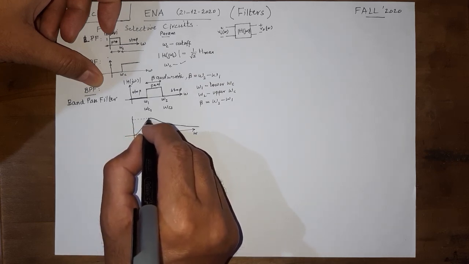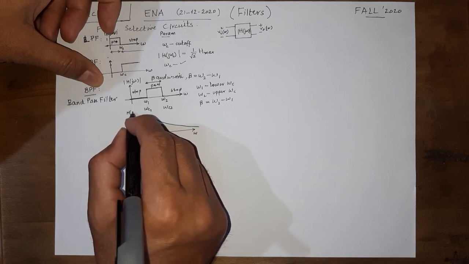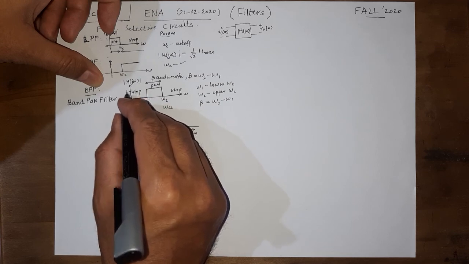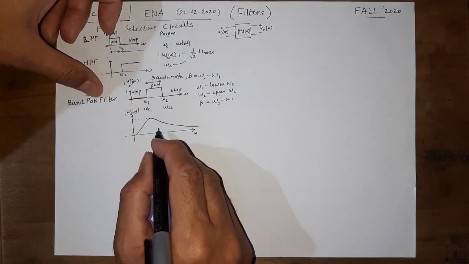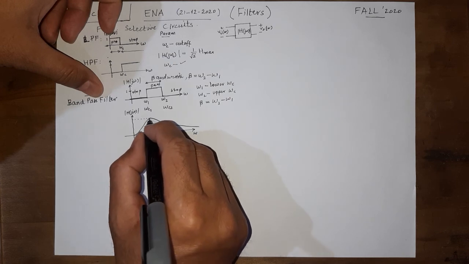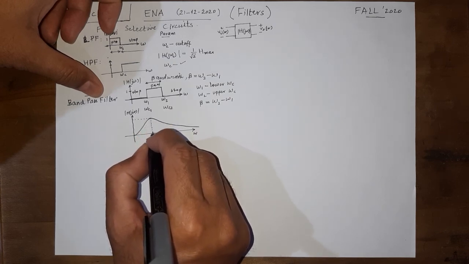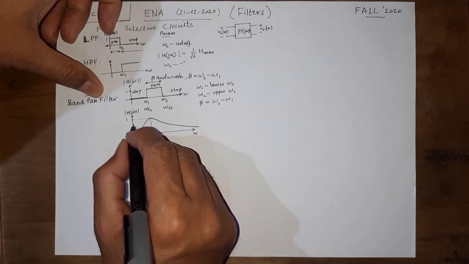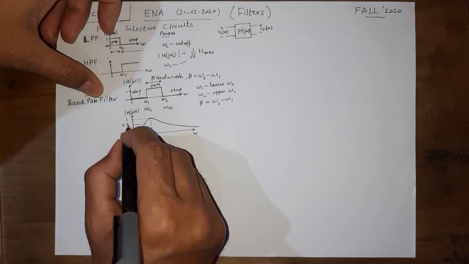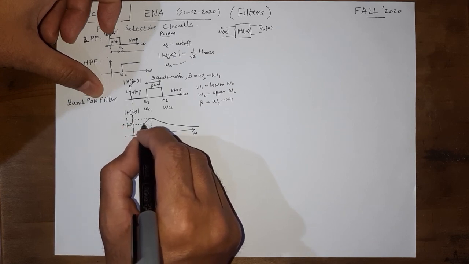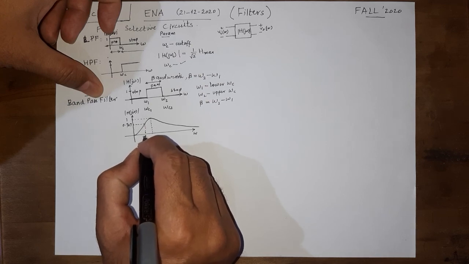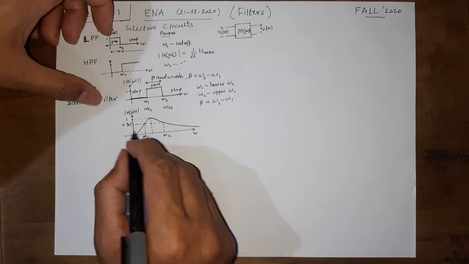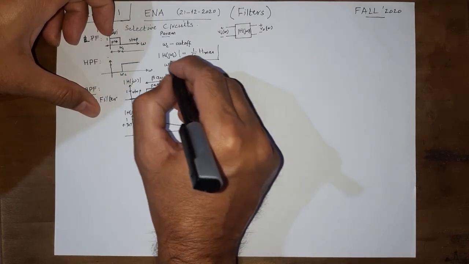So as you can expect, instead of a band of frequencies having exactly the same transfer function, we will have exactly one frequency in a practical circuit where the output would be maximum, and then the 0.707 times the max, which is 1 here. This value is going to give us omega 1, and omega 2 would be found from exactly this relationship.